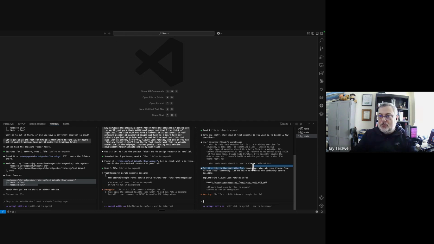So here it is, Claude Code Pirates. Yeah. And it knows my Claude. It's Claude Code Pirates school community. So it knows that. And for some reason, it hasn't quite figured that one out yet. Now, I'm not going to launch this obviously onto the net, but what I will do is we'll create it in a localhost. So we'll be able to see what it comes up with and then compare the two